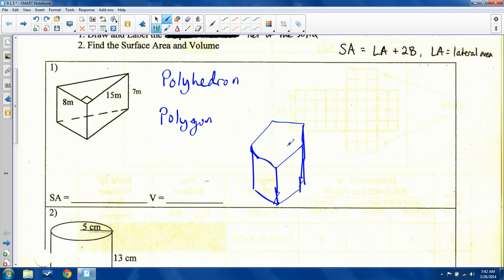Now, there are no real rules to what a polyhedron's lateral faces need to do. And I'm going to talk about all these different definitions here in a second. Okay, so that's a polyhedron. There's this other term which we're going to be using. These are called prisms, the ones we're doing today. Now, a prism is a polyhedron,